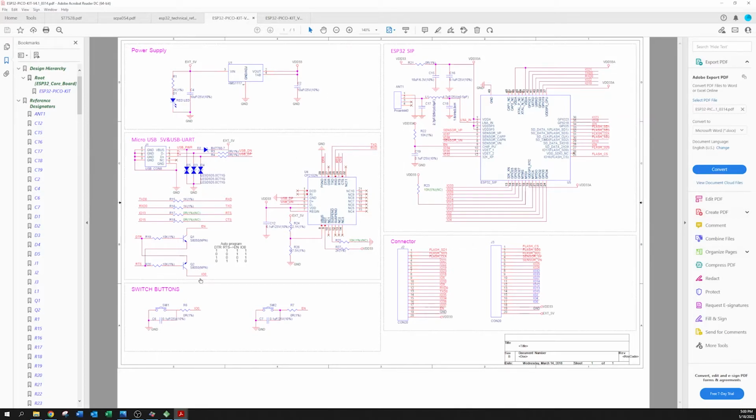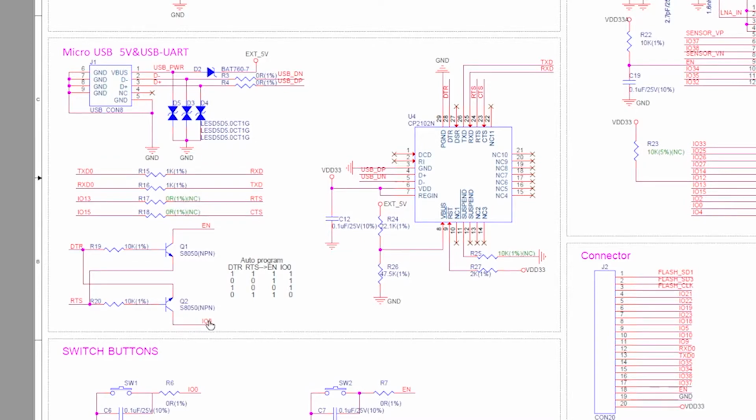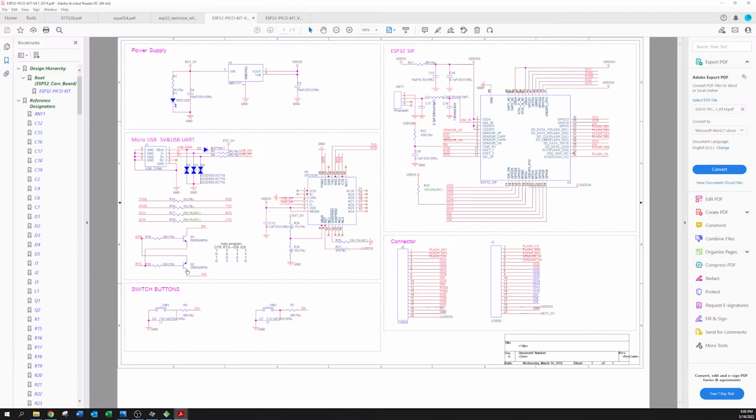it brings me down to this right here. IO0 goes into the, I know this transistor is very confusing. It's flipped over, which is very confusing. Anyway, this is a collector, this is an emitter, this is the base. Anyway, it's going into the collector right here. And then it goes off into that via. So,